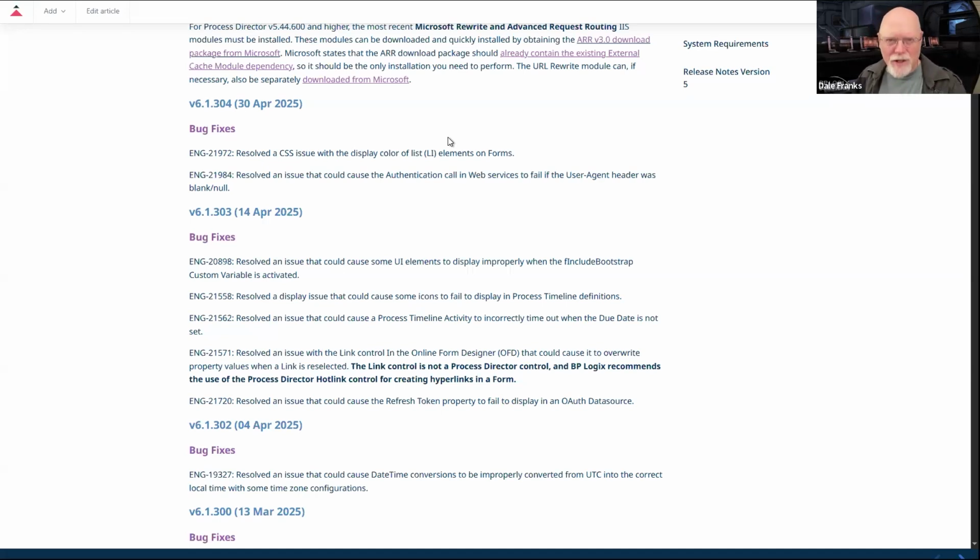So you only saw like the top half of the text where it says select event. So anyway, that was a display issue that got fixed. Also timeline definitions. Some of the icons that are supposed to appear with the activities would not get displayed. So we fixed that.